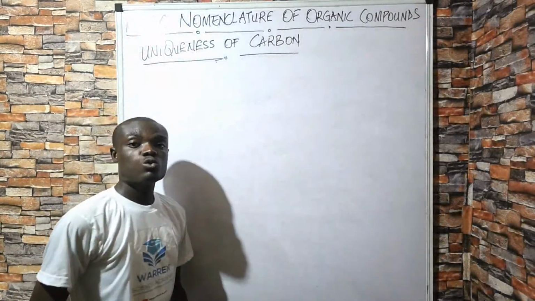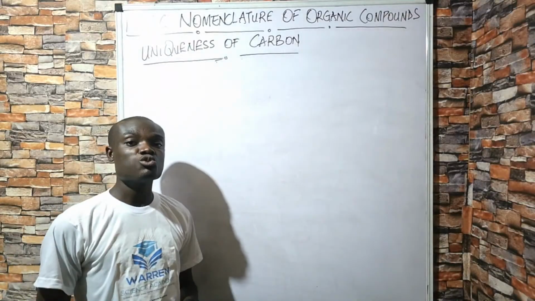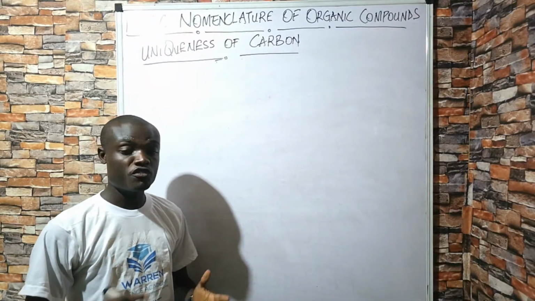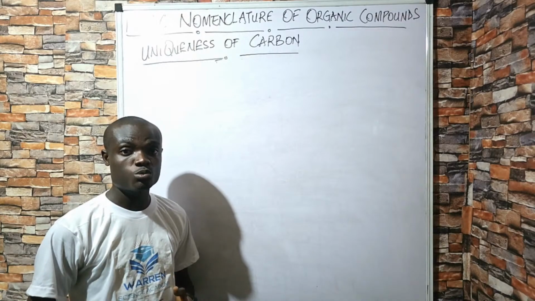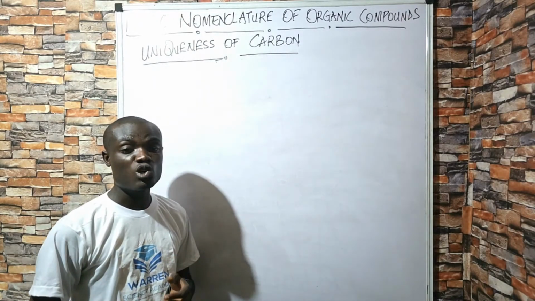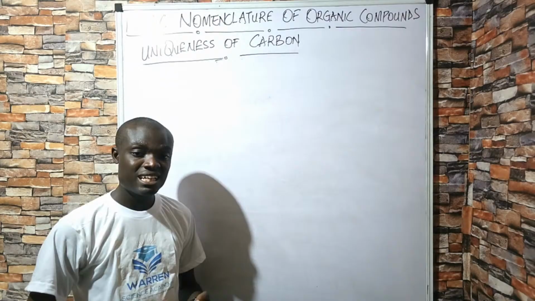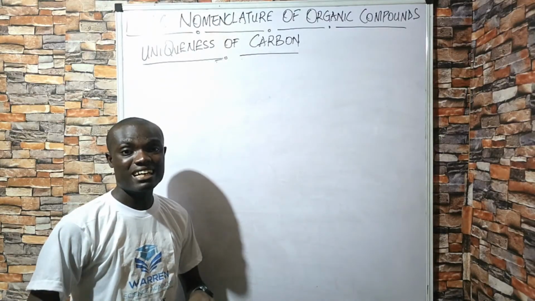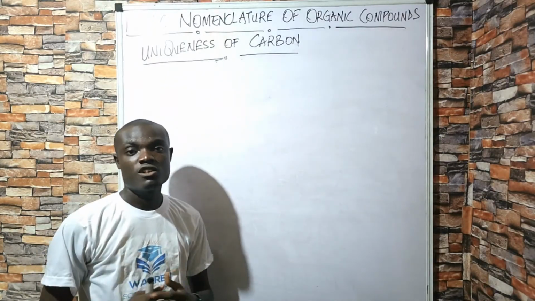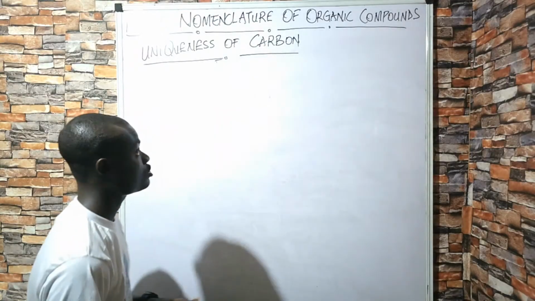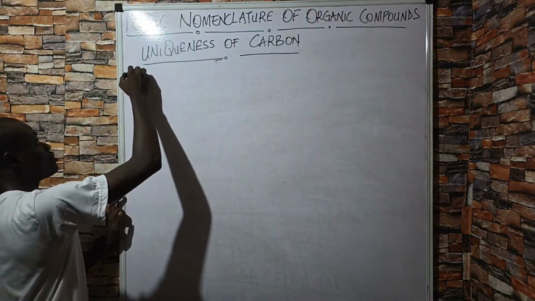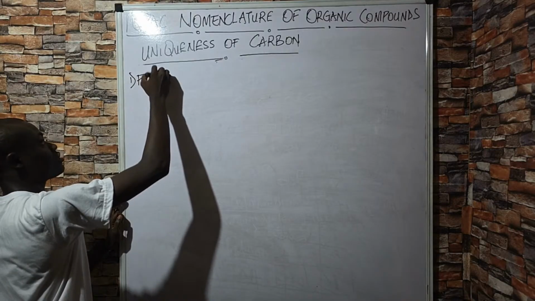So the next thing we are going to look at are certain things that will help us to name organic compounds proper. We'll first look at what we refer to as functional group, and thereafter the homologous series, and last the number of carbon atoms, and thereafter we'll look at the steps for naming organic compounds. So let's go. We'll start with functional group.